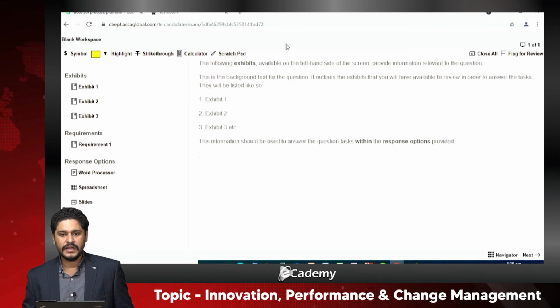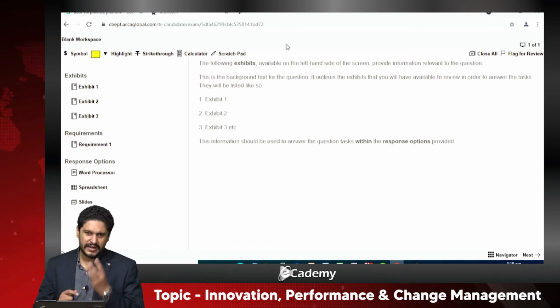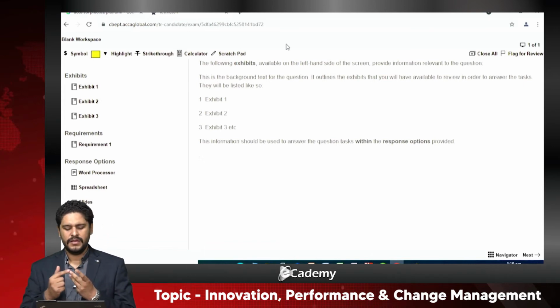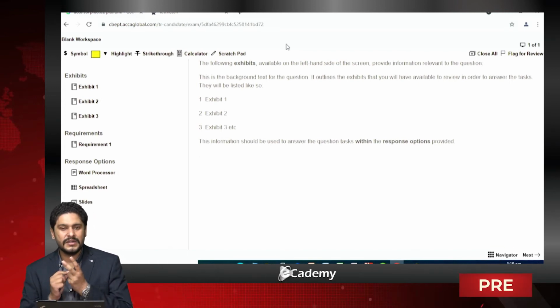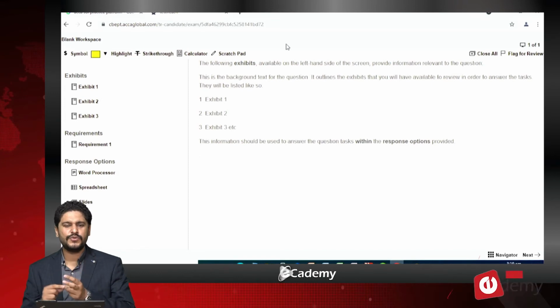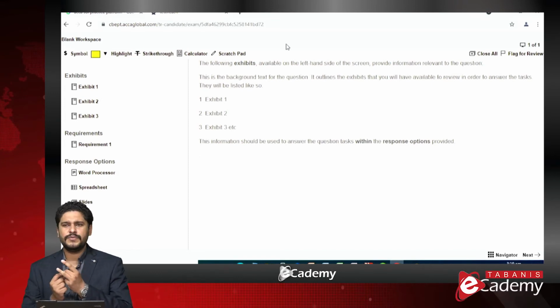So there are different types of exhibits that are being given. For example, we have been given exhibit number 1, exhibit number 2, exhibit number 3. And along with these exhibits, there are certain requirements as well, and you need to fulfill those requirements. And then we have 3 different types of response where you can give 3 different types of responses. The first is word processor. So if you are writing a report, let's suppose if you are writing a report, if you are writing a memo, if you are writing a